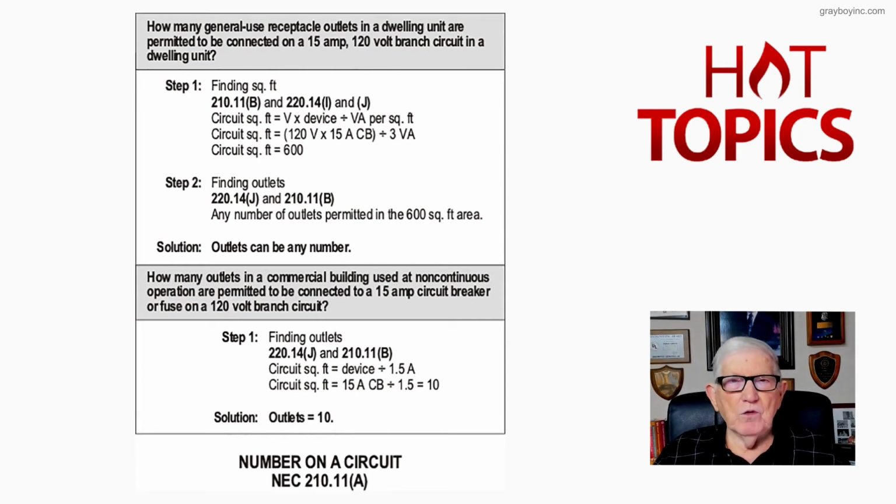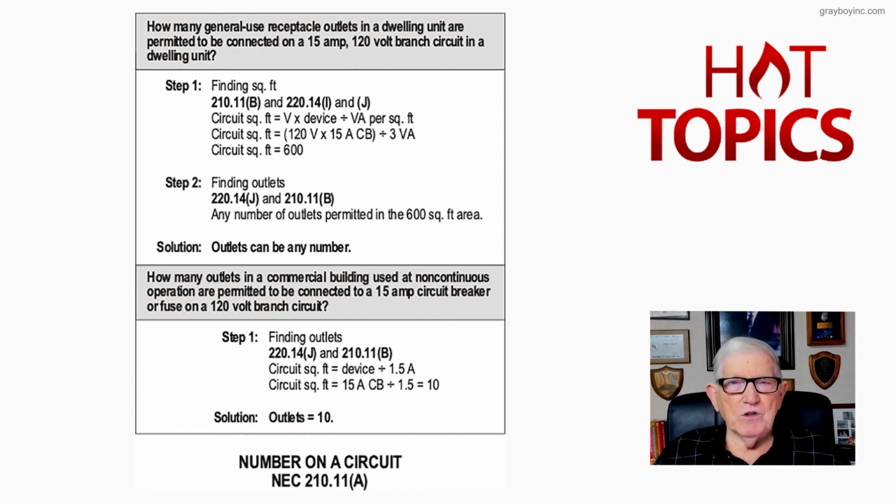Well, no, the 3 VA per square foot is no longer found in table 220.12. In the 2020 NEC, they relocated the 3 VA per square foot in the 220.14J section. And then notice you're just taking the volts times the device and divide it by the 3 VA per square foot. And the code tells us to do that. So we take the math and do it. That's where the 600 square foot comes from. So really your 220.14J as well as